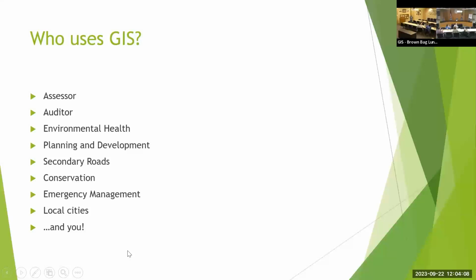Secondary roads: bridges, road quality, culverts, locations, signs, all the signage out there. Conservation has become a really heavy user here. Recently, in the past couple of years, a lot of park information, and they're also grabbing a lot of data of work that they do in the park system and capturing that.